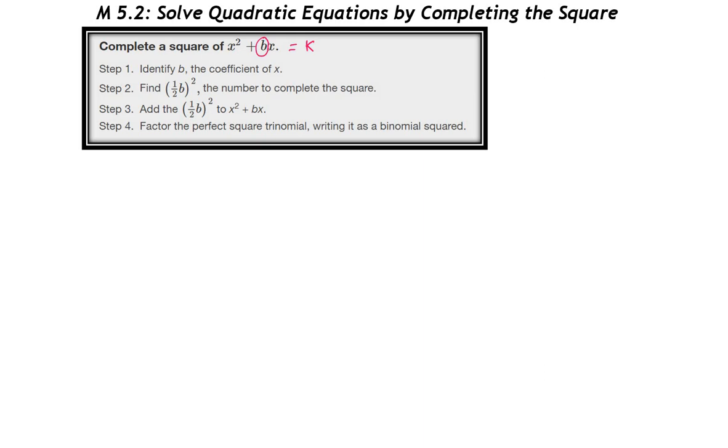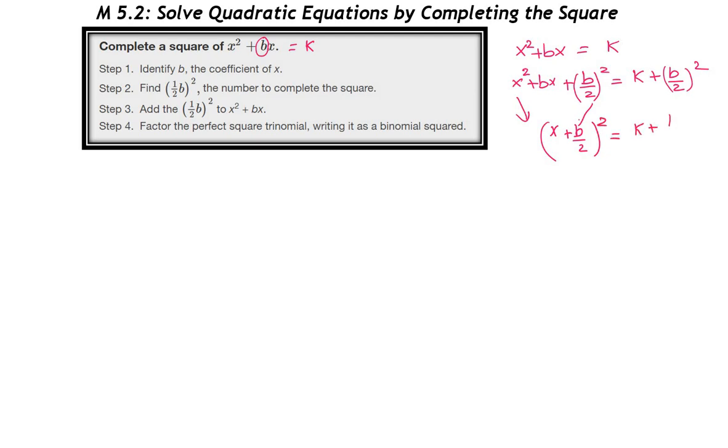So x square plus bx is equal to k. Take the coefficient of x first, that is b. Take half of it, that is b by 2. Then add the square of that one on both sides. So this will become a perfect square. Then you complete the square: you take x from this one and b by 2 from this one, and it is x plus b by 2 the whole square is equal to k plus b by 2